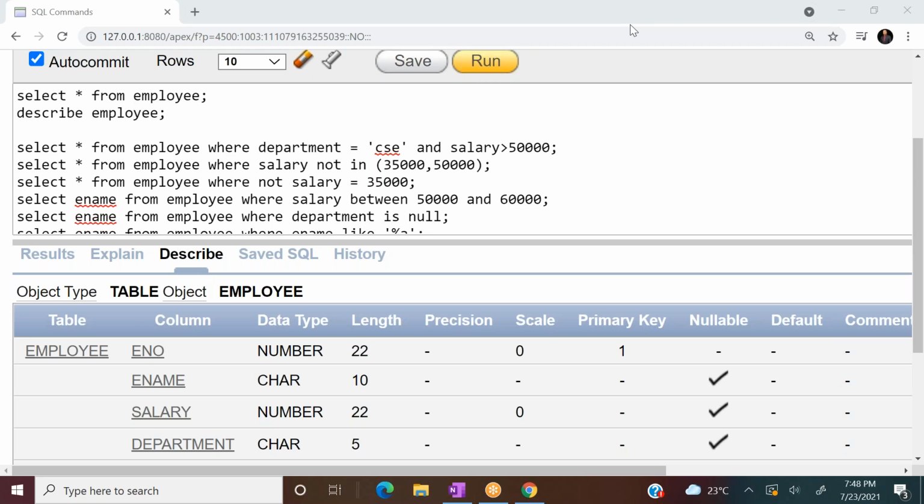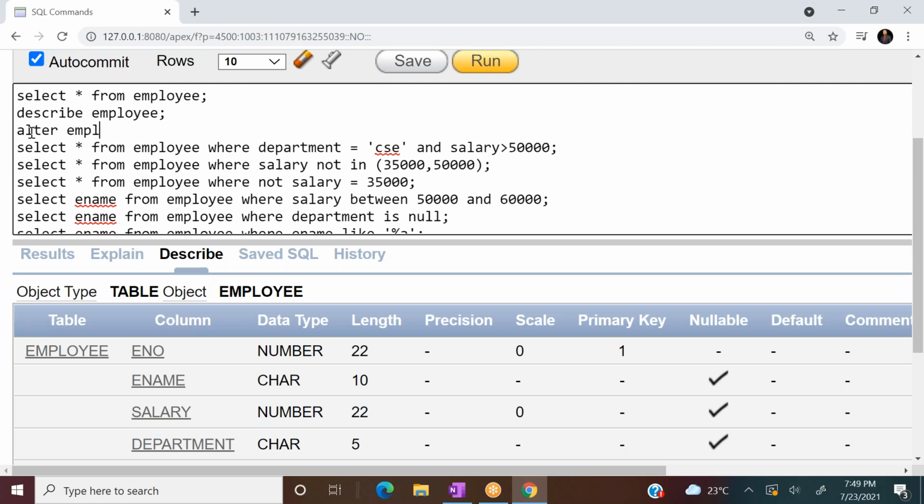This causes a wastage of space. Suppose I mentioned char of 10, but I used only Vamshi. Vamshi is, say, 6 characters, and the remaining 4 characters of space are wasted. It is allocated. To avoid that wastage, instead of using the domain type as char, we have to use the domain type varchar. Varchar is called variable character length. Now, how can I do the modification? Can anyone tell me how to modify that ename column from char of 10 to varchar of 10, meaning I want to change the domain? How can I change it?